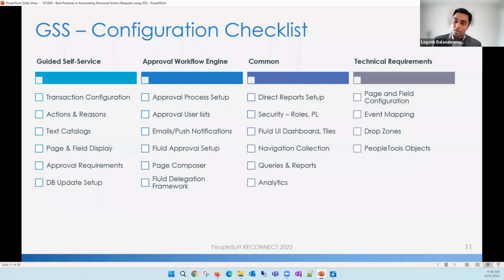So there are delivered roles and permission lists, delivered homepage tiles, navigation collections, etc. But for your deployment, you would have to make sure your organization security homepage tiles include this functionality. So that's a common thing that gets changed or updated at every customer site. And most often, we end up creating queries and reports and analytics as well, because